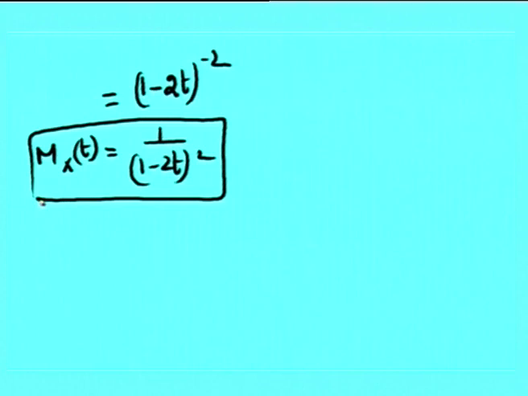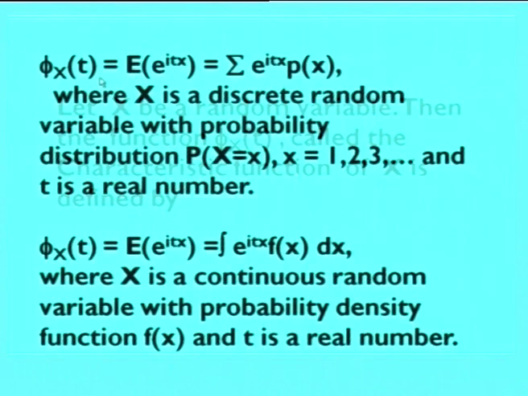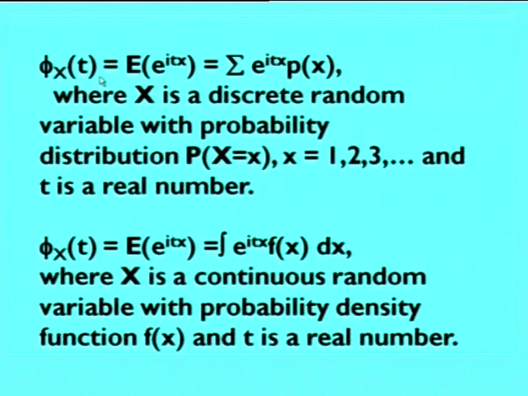Next, so far we have dealt with moments and moment generating function. Shortly we will discuss the characteristic function, which is closely associated with the moment generating function. Now, I would like to stress the moment generating function definition we have already seen: Mx of t is equal to expectation of e power tx. Here the characteristic function definition goes like this: x be a random variable, the function pi x of t, called the characteristic function of x, is defined by, just recall and compare with the moment generating function definition,